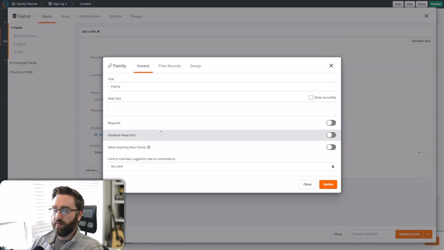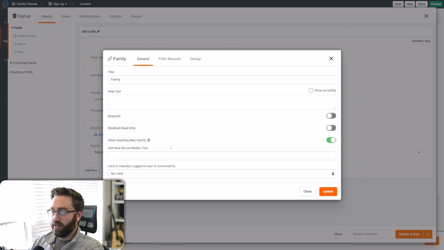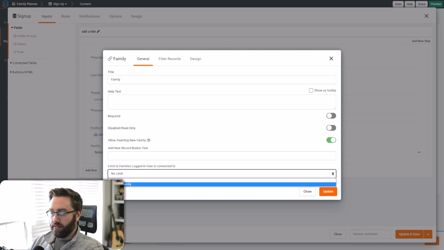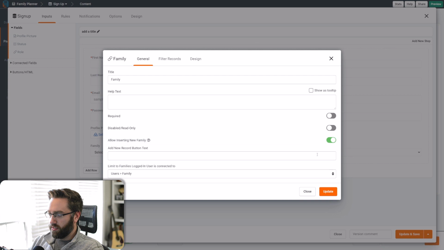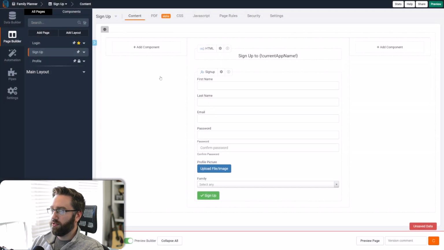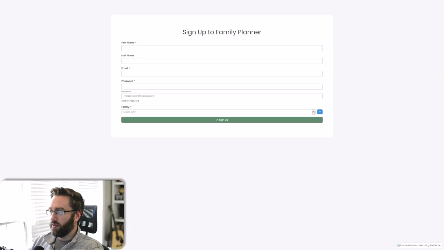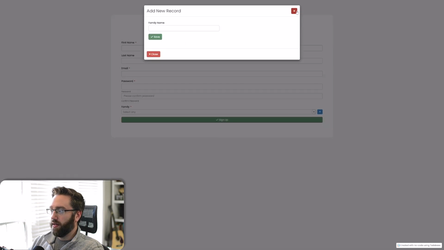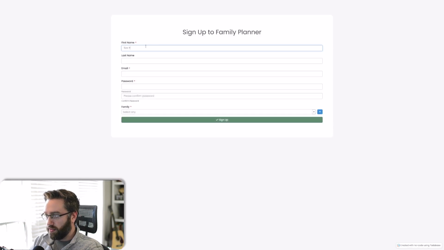By configuring the family connection field, we're going to allow users signing up to insert a new family, so create a new family record. And we're going to make sure that we limit this dropdown to families connected to the logged in user. And lastly, we will require this particular field and we should be good to go there. So what this is going to look like now is it created an additional page for us to add a new family. So if we sign up for this application, first name, last name,